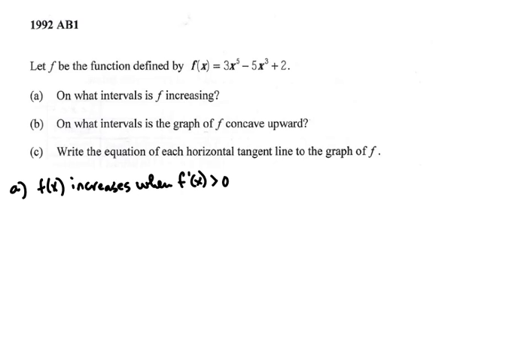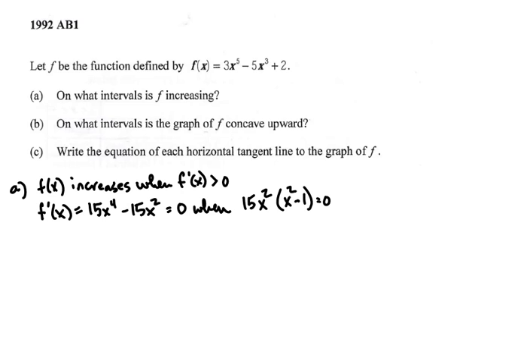We find out where it's equal to 0, and then we do a sign test on each of the intervals created by those zeros. So the first derivative is 15x to the fourth minus 15x squared, and that will be equal to 0 when 15x squared times the quantity x squared minus 1 is 0, and that last factor can also be factored further. And so we see there are three values of x that will make the first derivative